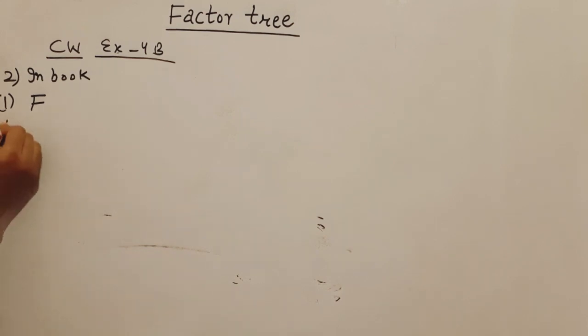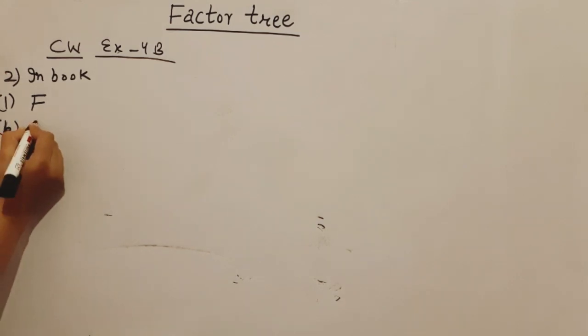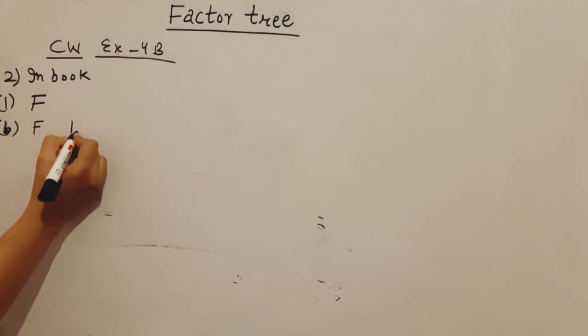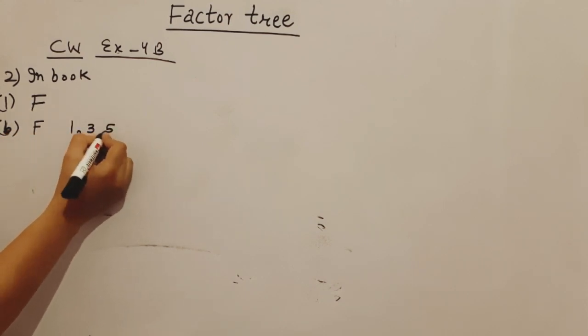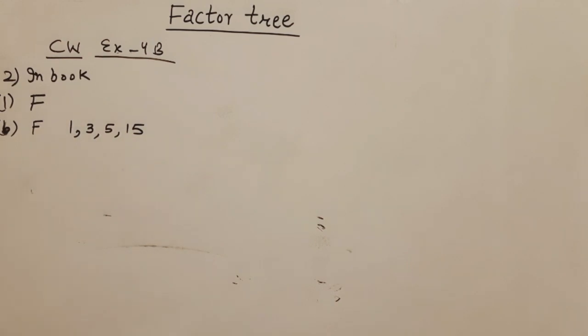Now the second statement given in the maths book is 15 is a prime number. क्या 15 एक prime number है? As I told you, the prime numbers are the numbers having 1 and the number itself as its factor. तो क्या 15 सिर्फ 1 और अपने खुद के टेबल में आता है? No, the statement is also false because the factors of 15 are 1, 3, 5 and 15. So it is a composite number. More than 2 factors are there.